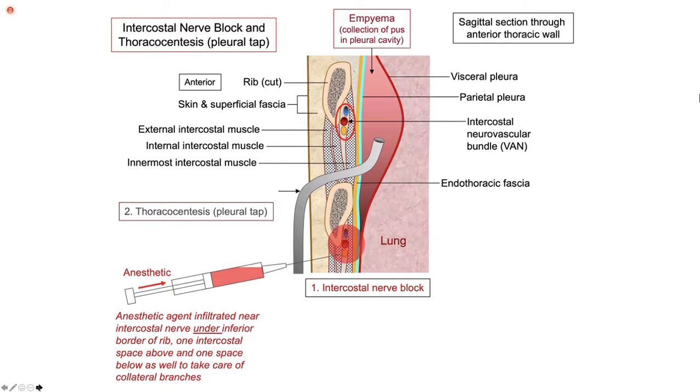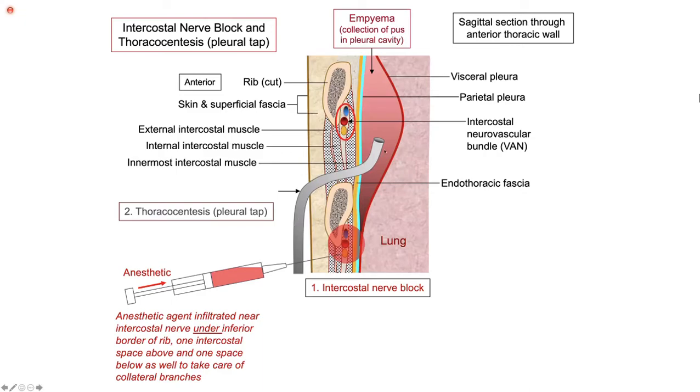So now what happened? This tube has been inserted. So do we inject one above and one below the space? So this is my area. This is the space where I have to work. So I have to inject here, I have to inject here, and then this area will go to sleep. And I also do a local infiltration in this area as well. So this will give me a complete relaxation. Okay, guys.